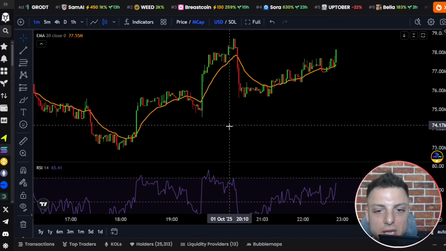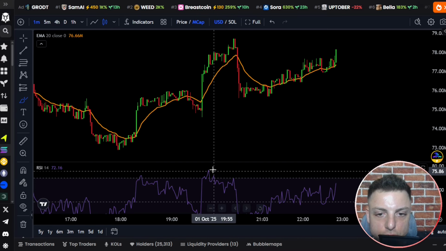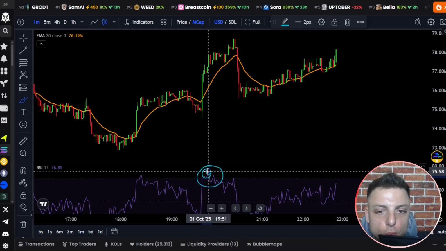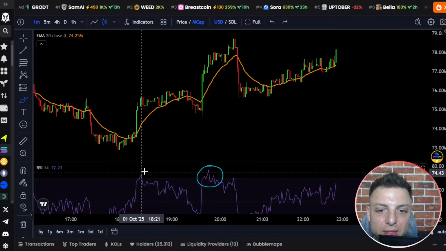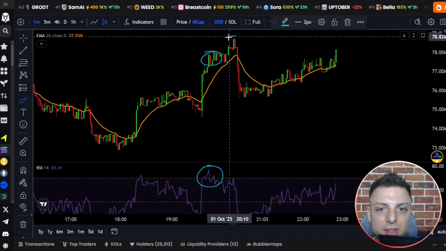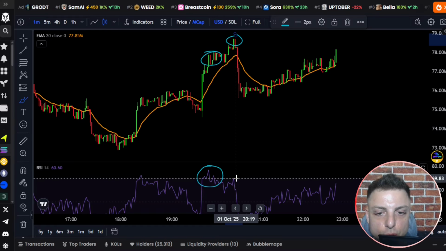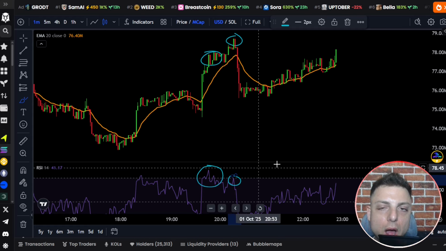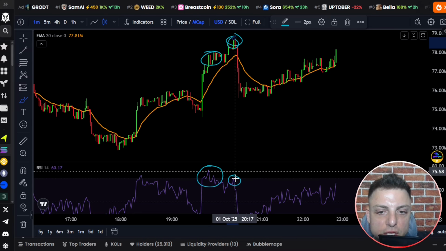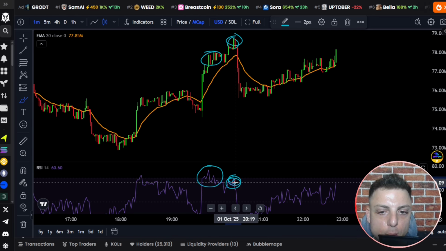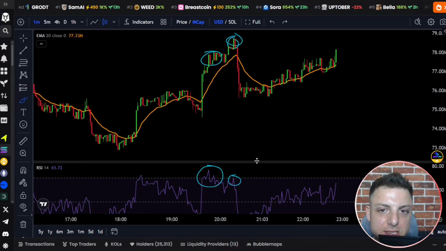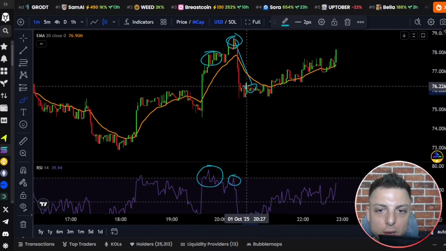I just showed you bullish divergence. Here we had bearish divergence. We see the RSI actually spiked up into the overbought region for the first time in a while. Then we can see the correlation of price right here. We then made a high in price, but look at this. We made a lower high in the RSI, which shows, see how price pushed higher, but the overall relative strength behind this push was actually less, shows less momentum, and that's where we got that really quick 4 to 5%